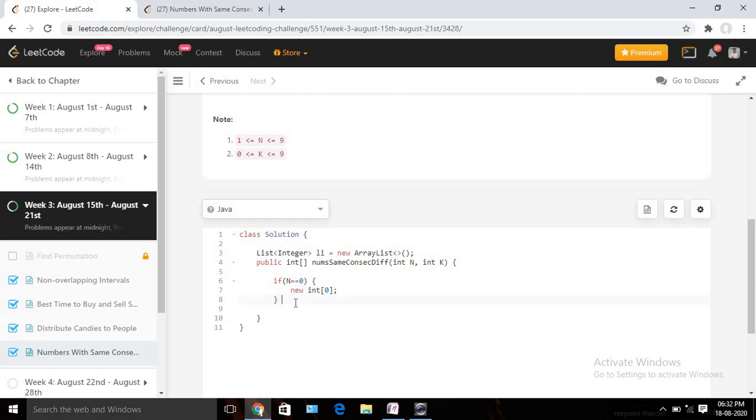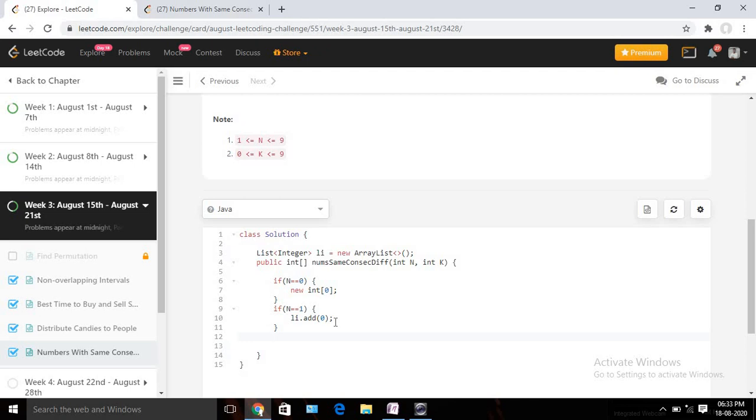There can be other edge cases also. Suppose my n is equal to 1. In this case we need to consider 0 also, so we are going to add that to our list. If our n value is 1, then we need to consider the number 0 also. Else we need to consider numbers from 1 to 9. These two conditions are just for covering edge cases. Now let's write the actual implementation.